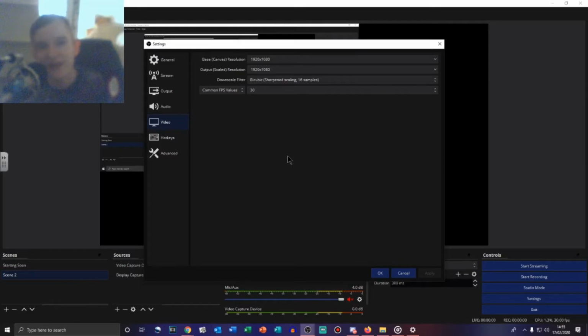At least 16 or 32 gigs of RAM, and a really good GPU. Okay, so here you can see common FPS values. You can mess around with them, but I prefer 30, or if you have a quad core, 4-core, 4-thread, I prefer 1080 50. It will help out a little bit with the buffer. Sometimes it will buffer, so if you just mess around with some of these settings between 50 and 30,